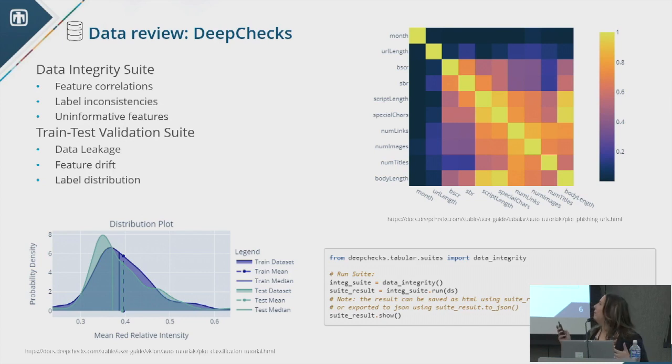So I can have things that look for correlations among features, look for distribution shift among features, and not only that, it's set up as a test suite, and so automatically areas of high risk will be identified with some explanations as to what mitigations you might seek. It's a really nice set of tools.